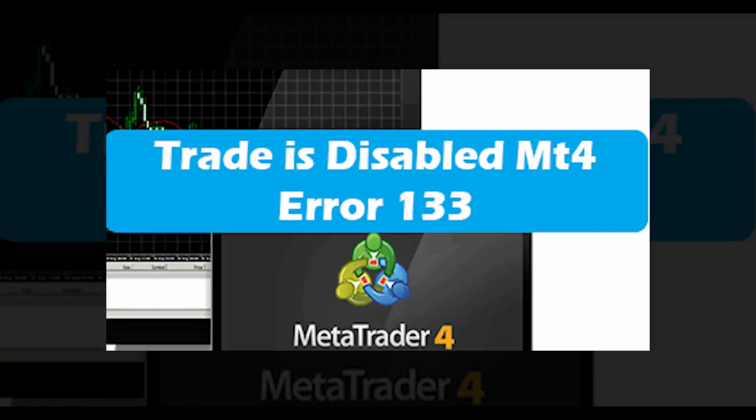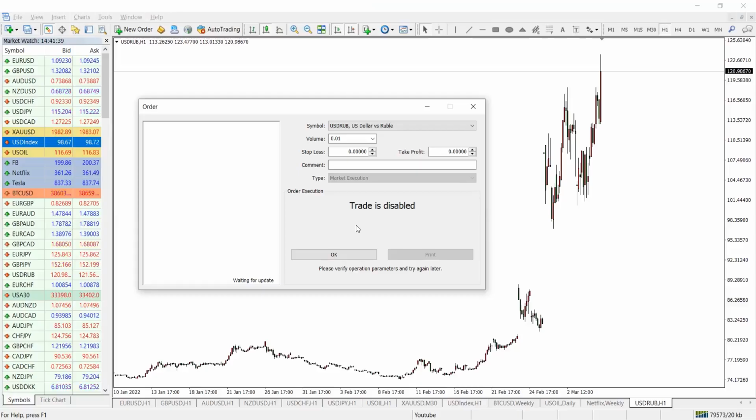Trade is disabled. What does this mean? Why would a broker say trade is disabled when you try to place a trade on a particular instrument? My name is Tolu Olatunji of CSA Forex, and we're here to look at the trade is disabled